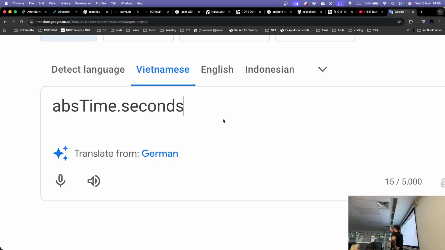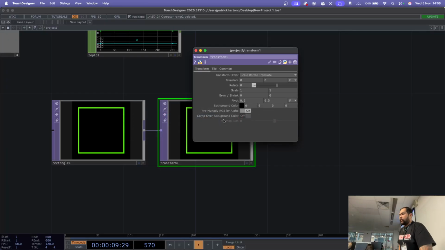And what is the unit of absolute time that you would like to get? Seconds. And where does the absolute time come from? From the timeline of Touch Designer. All the calculation happening there. Got it? Why? Because every calculation in Touch Designer happens in